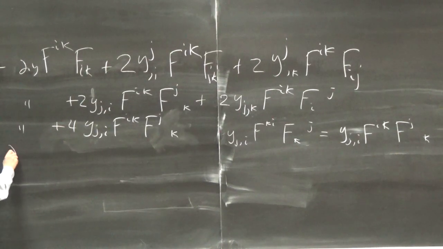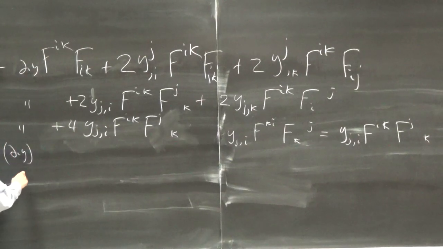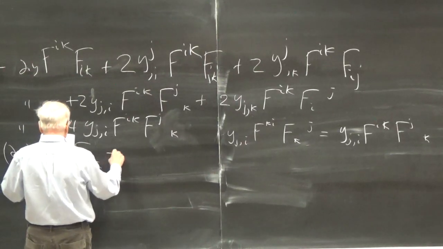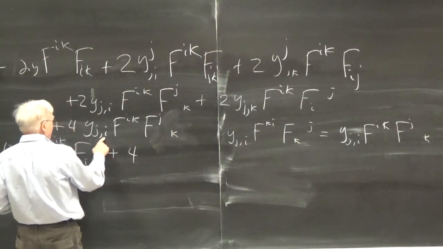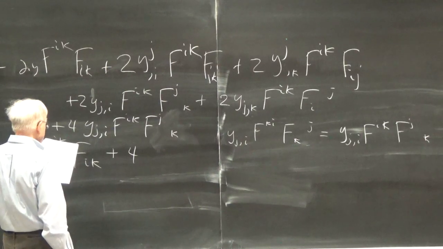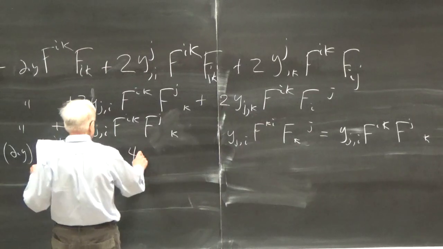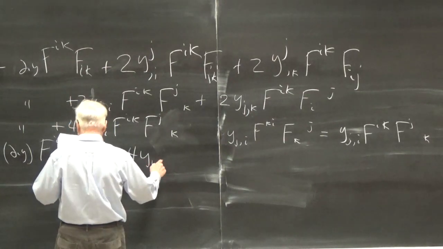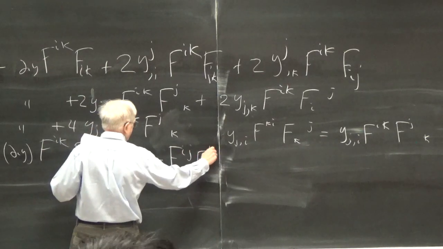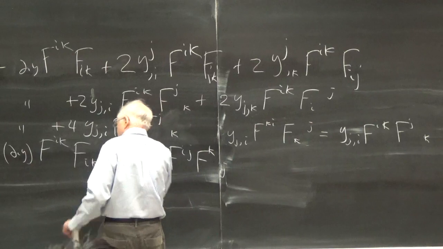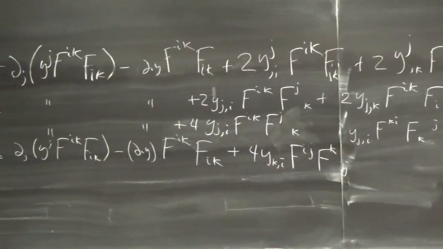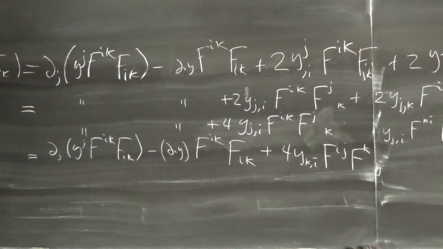So then this is minus del dot y f_{ik} plus 4, and now I'm interchanging k and j. So this becomes y_{k,i} f_{ij} f_{kj}. Okay, so that's the form we want, and we can rewrite this yet again as